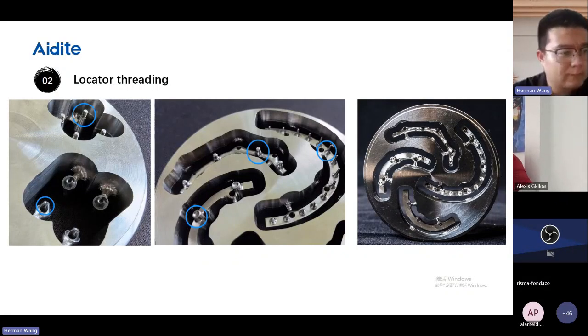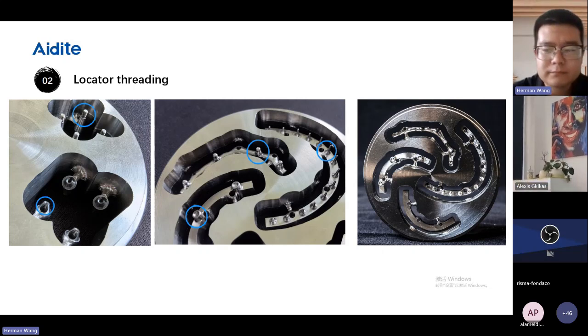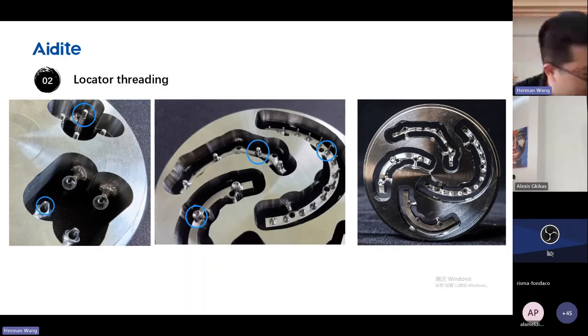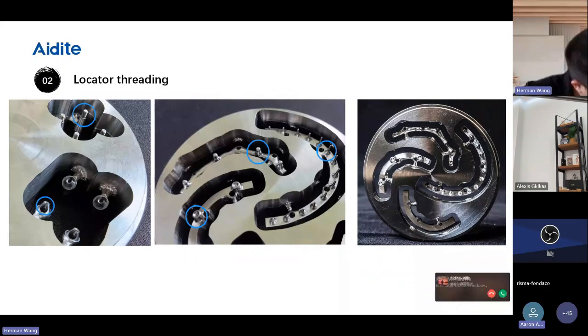So dear, are there any more questions? What kind of lab should buy AMM-580? Sorry. Okay. So I have one question. Is this a hybrid type of milling machine, or is it a